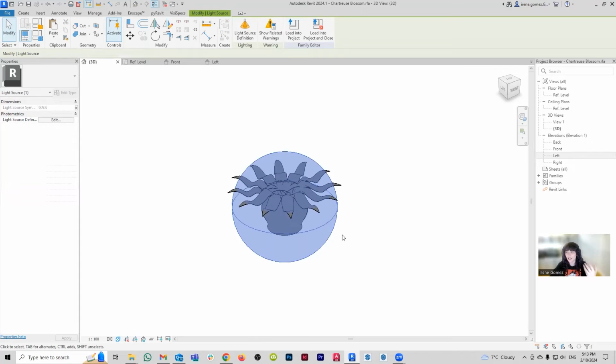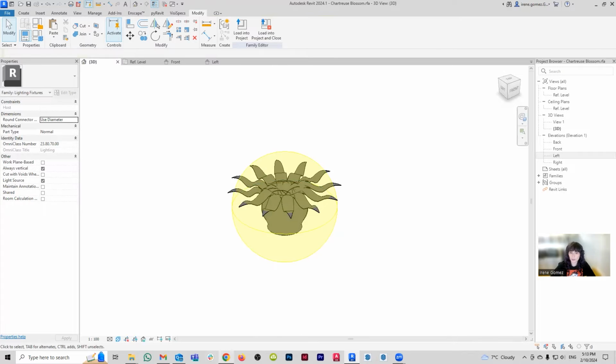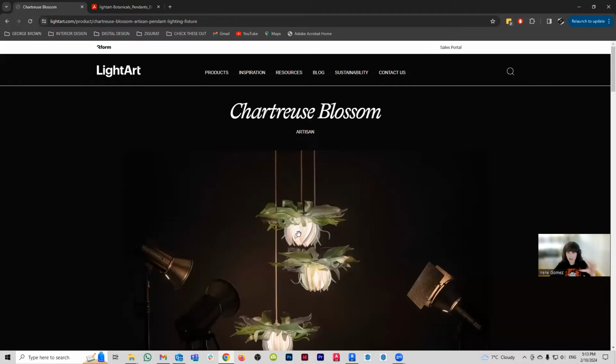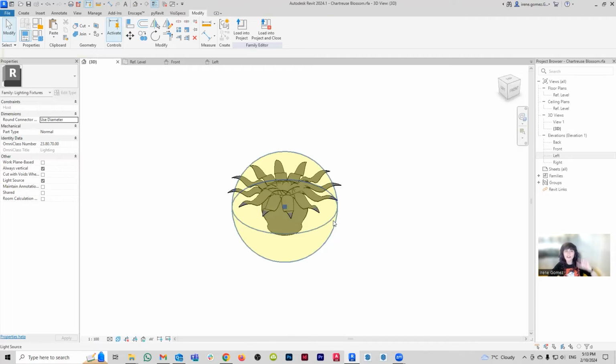And the thing is that in lighting fixture families in Revit, you are allowed to have only one light source per family. So I cannot come here, take my light source, and go CO and copy it. It's not going to let me. So the way that we're going to be able to build this lighting fixture that has three elements is by nesting them. Now, very important, for this lighting fixture to be manageable and be editable within our project, you need to nest it within another lighting fixture. And you're going to see why in a second.